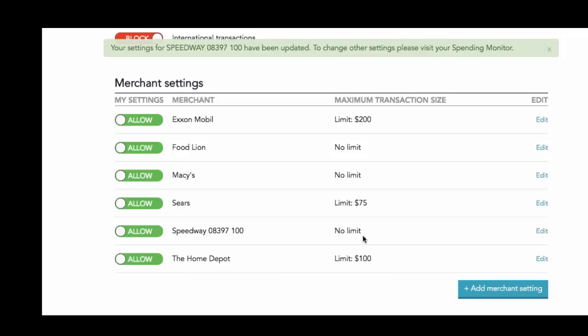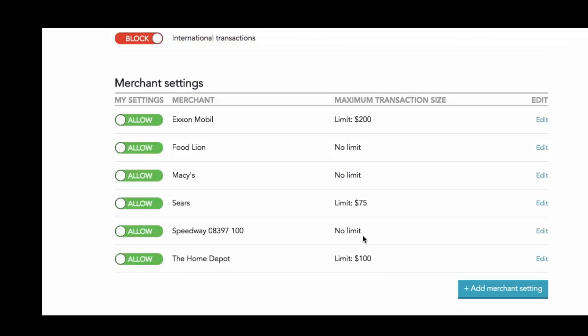So the alerting system is a really powerful tool just to know what's going on and change settings. And I should say, a lot of people don't use this because they set up the card on the front end and just go from there. But if you do want to know what's going on and be able to update settings and communicate with beneficiaries in real time, you can also do that.